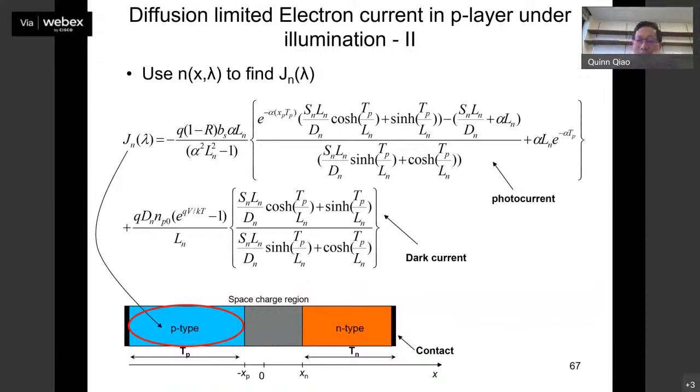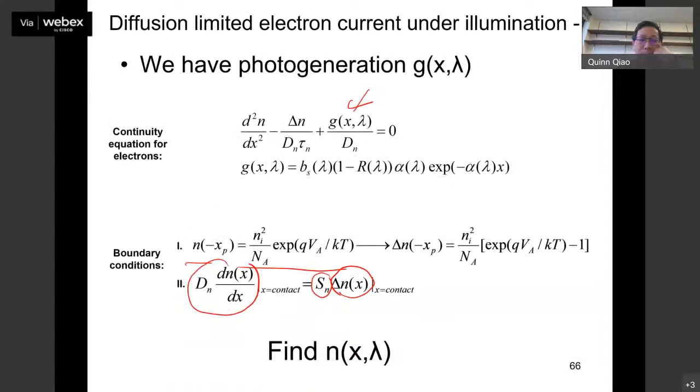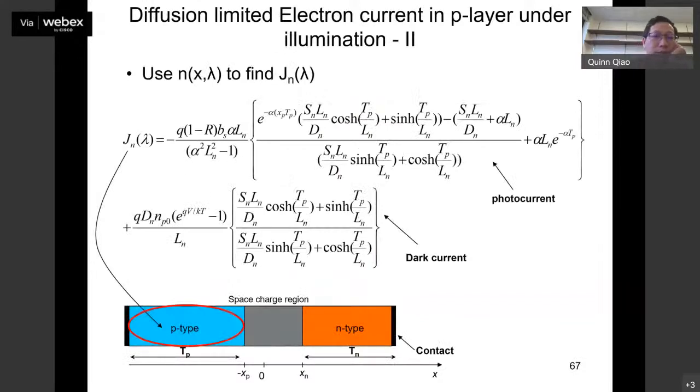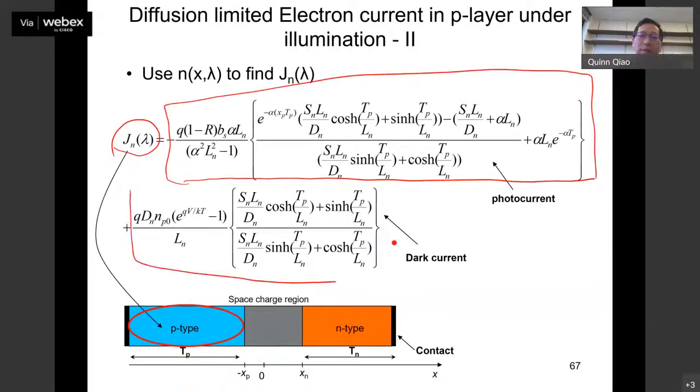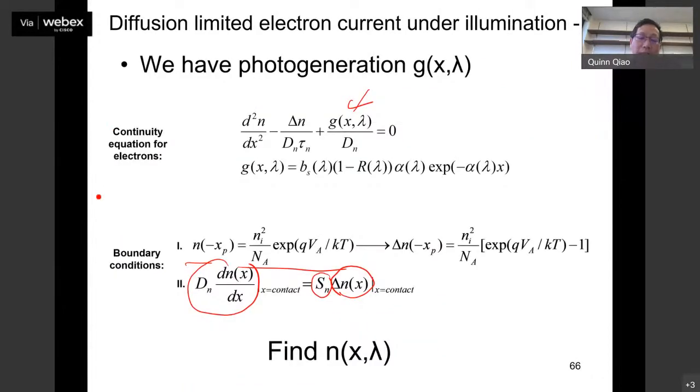Okay, this is the solution, the J_n. J_n is equal to these two terms. One is here, which is very complicated; the second term is here. That's what you get when you apply these boundary conditions to this second-order differential equation. If you think about it, this is an ordinary differential equation, ODE, right? It's not very difficult. Then once you find delta n,